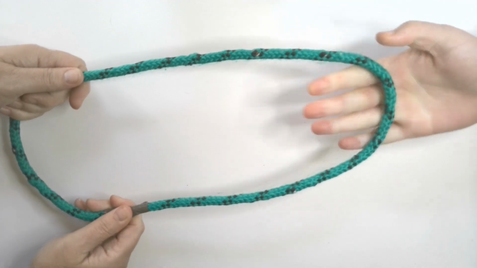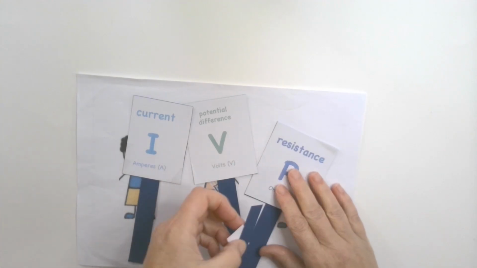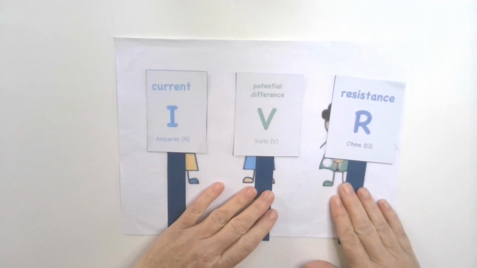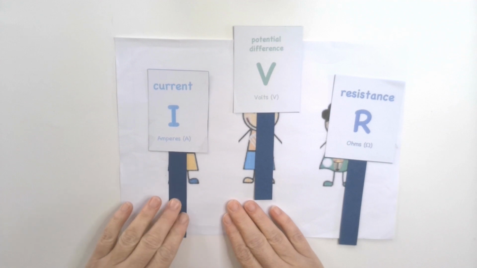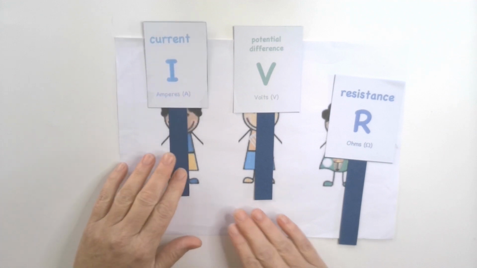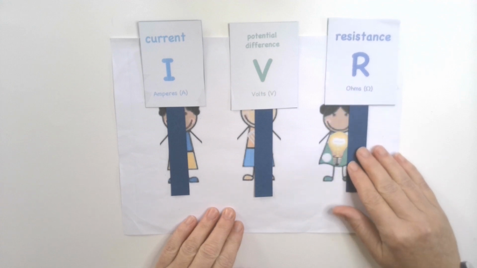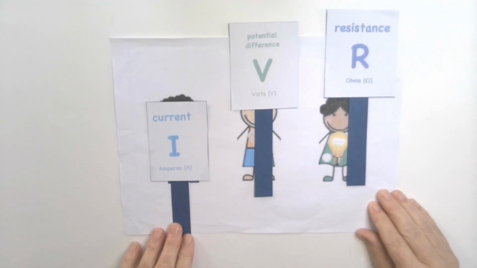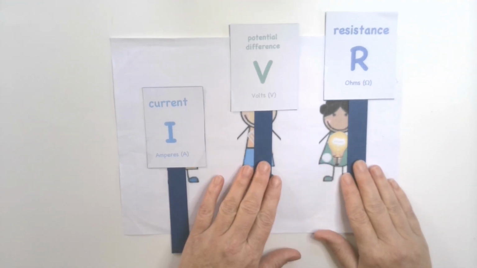While you're doing this, you can get other students to hold up mini whiteboards with the letters V, I and R on. As you pull on the rope harder, the person holding the V raises their board. As the rope moves faster, the person holding the I raises their board. However, if you increase the grip, the person holding the R raises their board, and as the rope slows down, the I is lowered. So we're helping students get a qualitative feel for the relationship between current, potential difference and